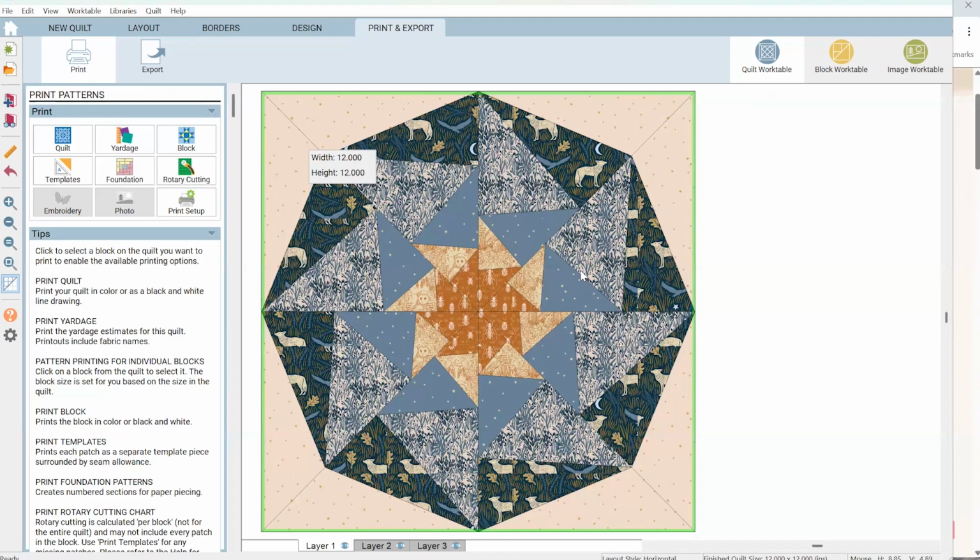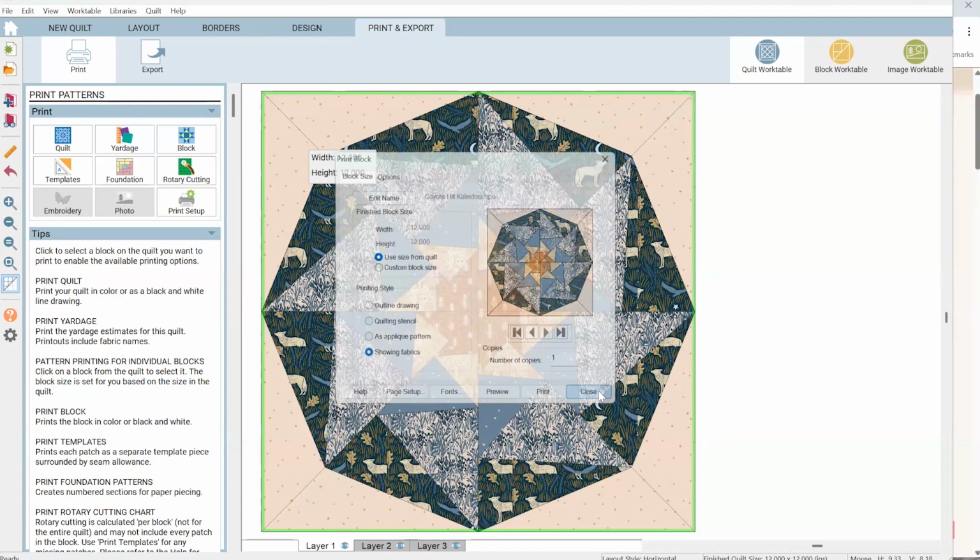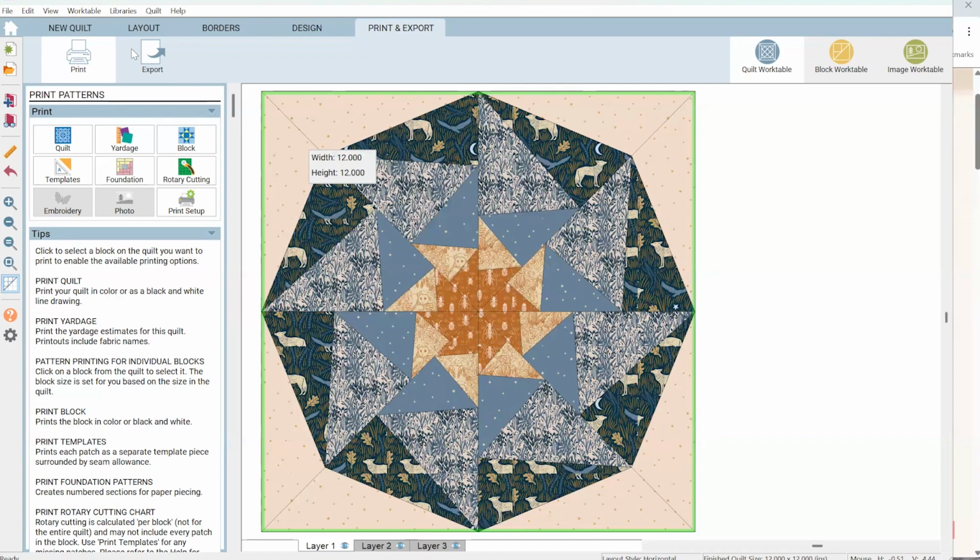All right, now I can go ahead and print the block so that I have this as a reference. Now it's saying that this is a 12 by 12 inch block, and I want to do it showing fabrics, but 12 by 12 is actually going to be bigger than my page. So my little hack here so I can print this as a reference is I'm going to go over to my layout,